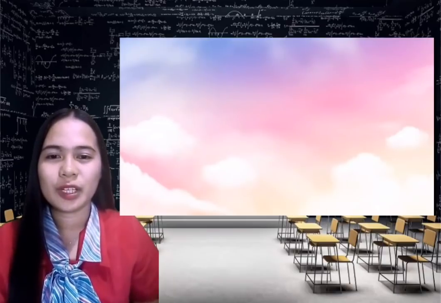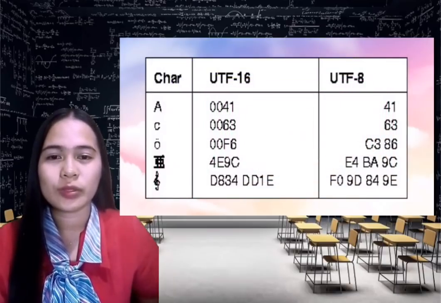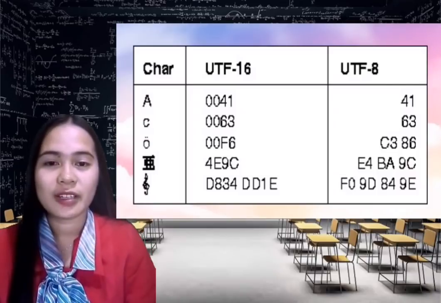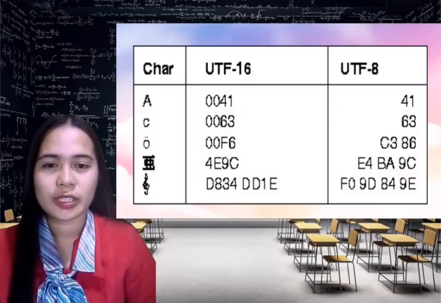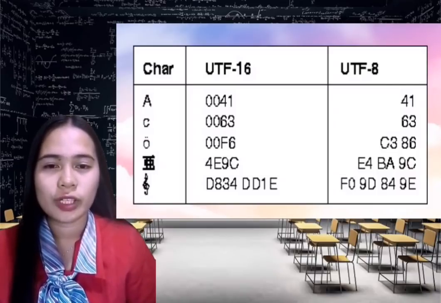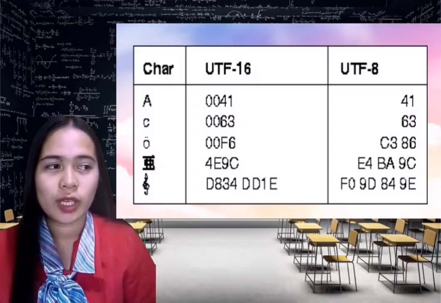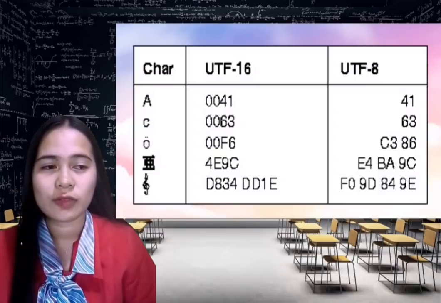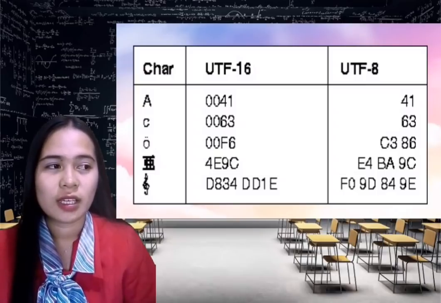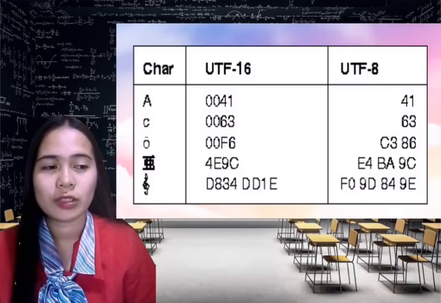So this is the tabular column of the Unicode text code system. We can see here in the tabular column the characters, the UTF or Unicode Transformation Format 16 and UTF-8. The first character is the uppercase A with a UTF-16 of 0041 and UTF-8 of 41. The lowercase c with a UTF-16 of 0063 and UTF-8 63. The lowercase o with umlaut, UTF-16 00F6 with a